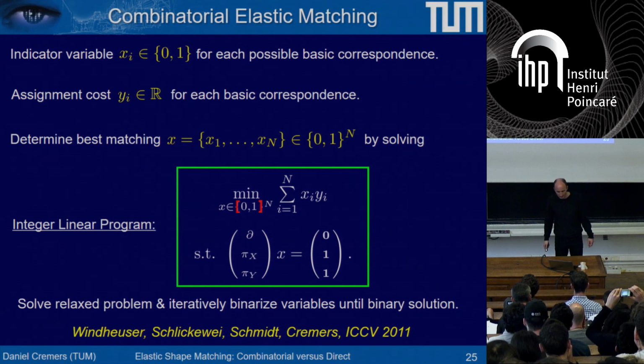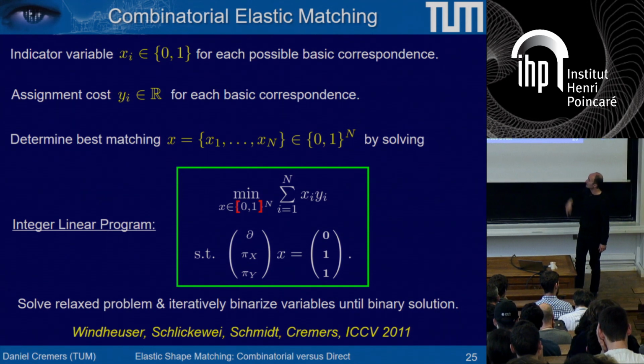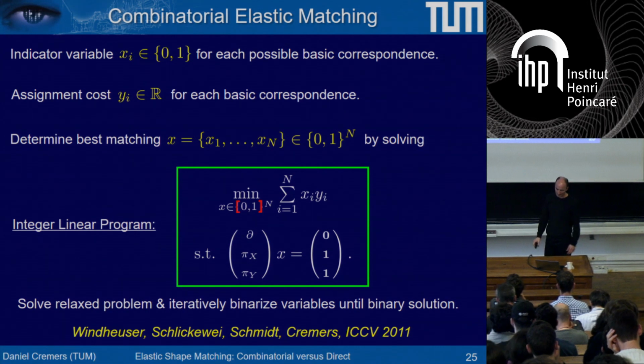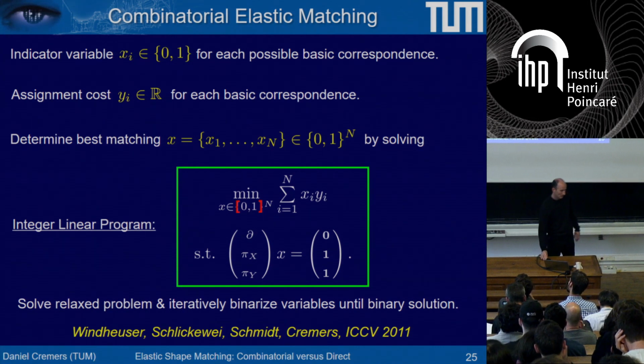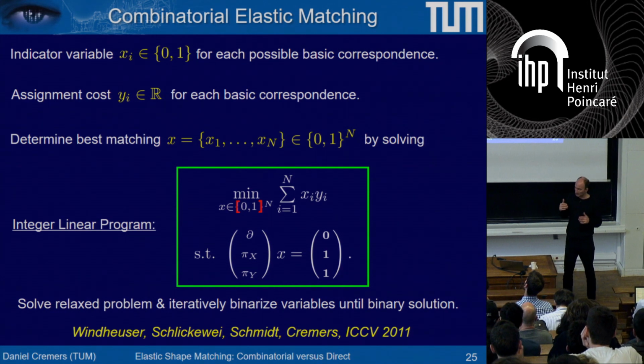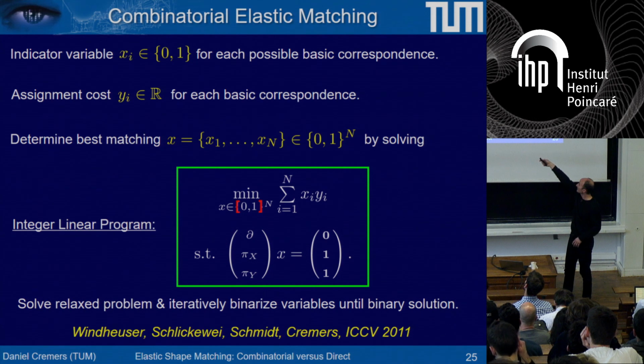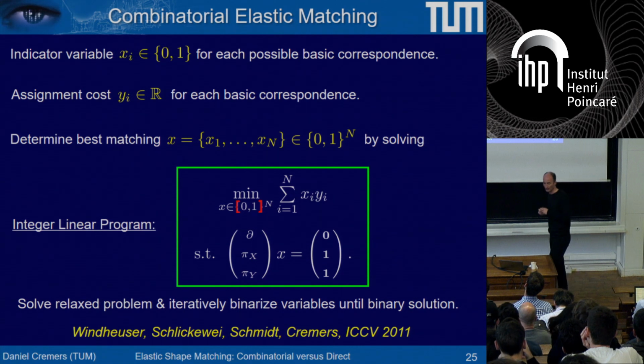There's different strategies to do that, to basically solve the respective linear programs and then iteratively binarize. The way you can see that is, we basically allow each pair of triangles a real variable, which, loosely speaking, says how likely are these two triangles in correspondence, and then we can